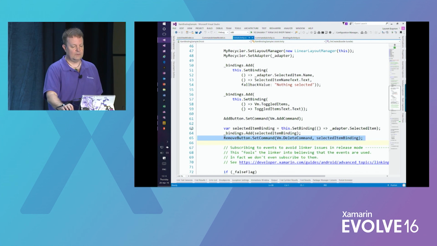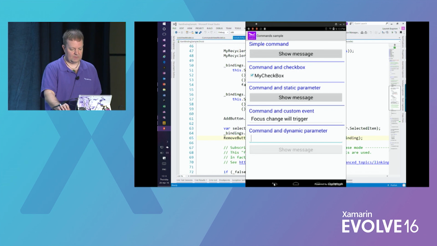And so to do that, I do a binding, and I save it because I don't want the garbage collector to eat it, and then I pass the binding to the delete command. Okay? All right, so if we check the code,